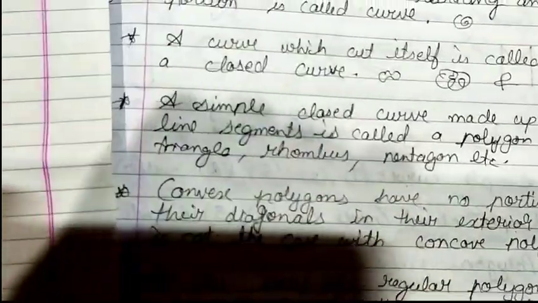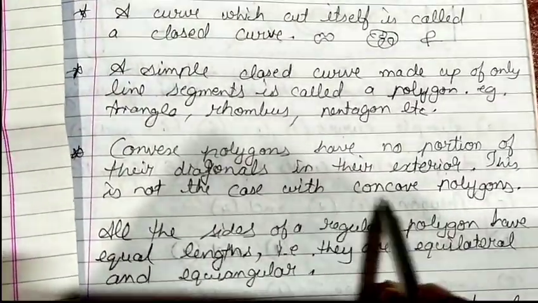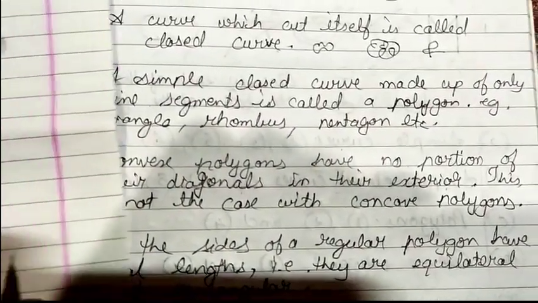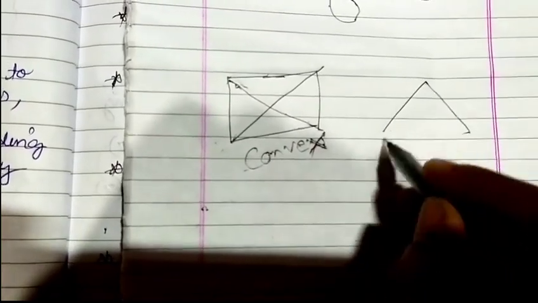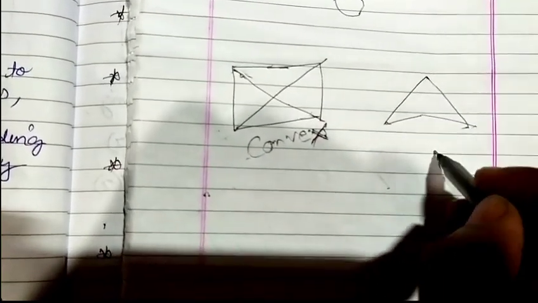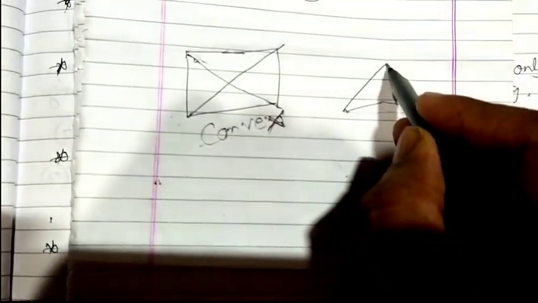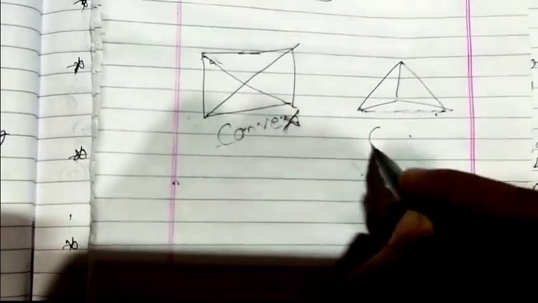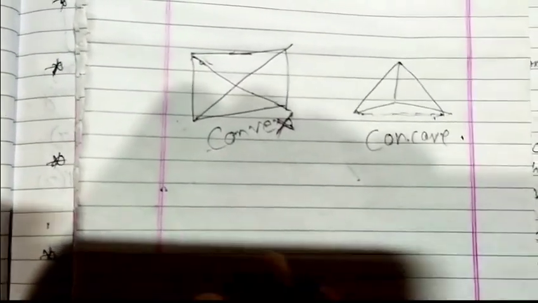Now, concave quadrilateral, it is said that this is not the case with a concave polygon. Concave means whose diagonals will not intersect. Take for example, a four-sided figure, 1, 2, 3 and 4. Here one diagonal passes outside of the figure and the other diagonal is passing inside the figure, and the diagonals never intersect. It is known as a concave quadrilateral.